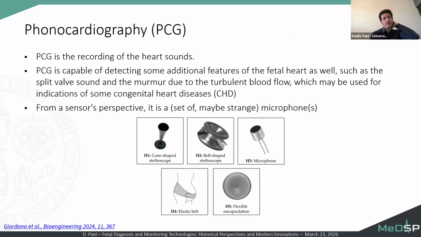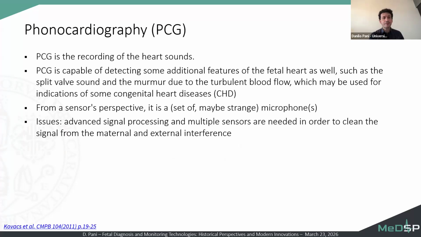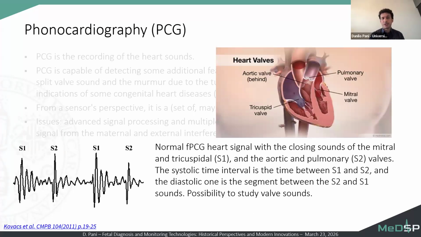So the phonocardiography is capable of detecting some additional features compared to the fetal heart rate, such as the opening and closing of valves, turbulent blood flow, or other problems that are associated with congenital heart diseases. From the sensor's perspective, it is a set or a single microphone, so nothing more, arranged in a bell-shaped stethoscope. The issue is that of removing the interferences that are present, but the information that the phonocardiogram can provide is interesting. In this picture, you can see S1, S2 tones that are related to the closing of the valves that isolate atria from ventricles in the first case, so S1, and that close